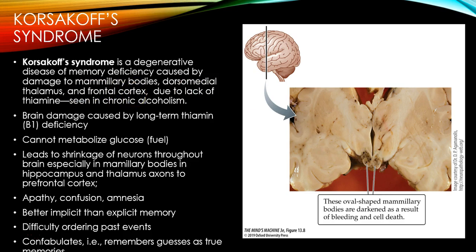This is a disease that is often presented in people who have had long-term, very severe chronic alcoholism. We're talking about very, very long-term, 20, 30 years, extremely high alcohol intake. And what we see is that brain damage starts to be caused by a long-term thiamine or B1 deficiency. That seems to be what causes Korsakoff's, that the body has problem absorbing thiamine, and it's this deficiency that causes